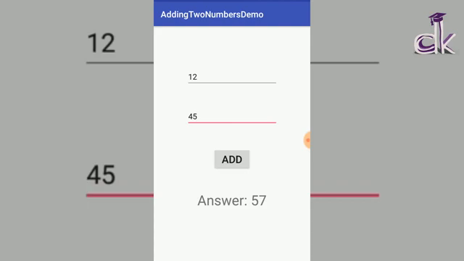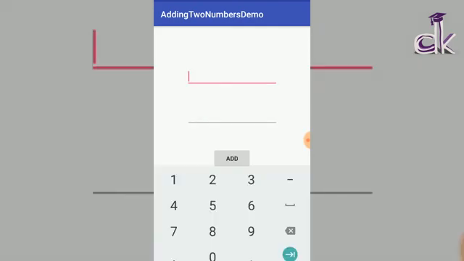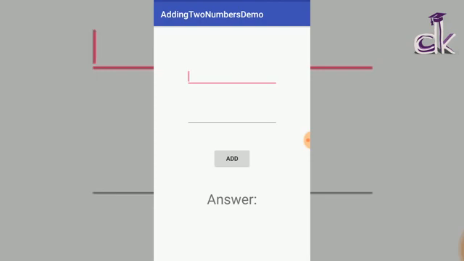Similarly you can change this to subtract, and you can also make a couple of changes with regard to the layout. Another interesting fact is that suppose I do not enter anything in the first column and enter another number here and click on add, the app is going to crash because we have not added any error handling here. So everyone, make sure you give it a try on how you can solve this error.